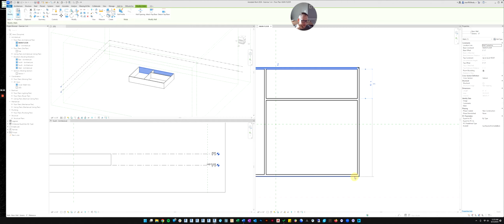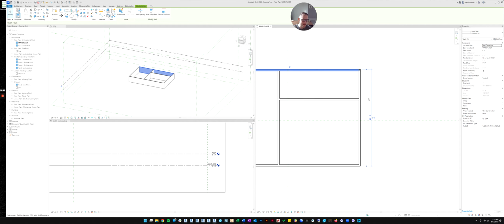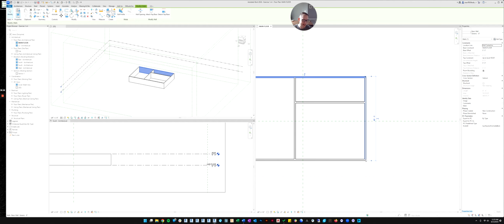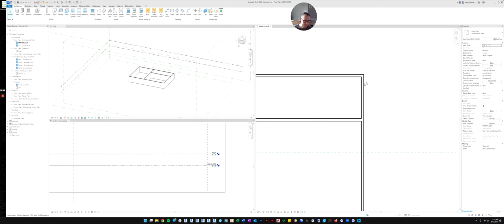So we're going to put it to the outside face of the front wall. And then this end we're going to put on the back face of the wall. So now it's saying our house is 39 feet 2 inches deep. So let's change that by clicking on the temporary dimension, and let's type in 40 and hit enter. So now that back wall is exactly 40 feet. The back face of that wall is 40 feet from the front face of the wall.